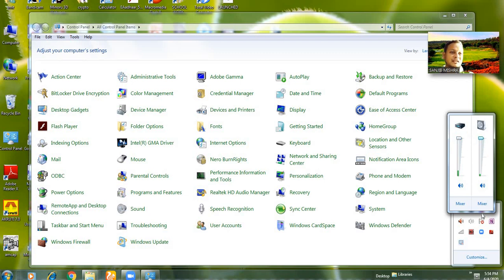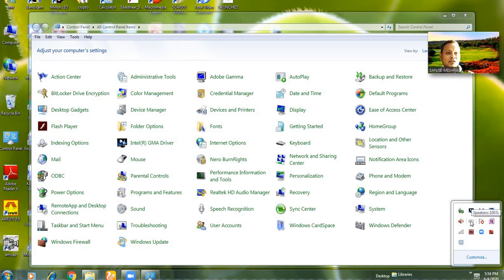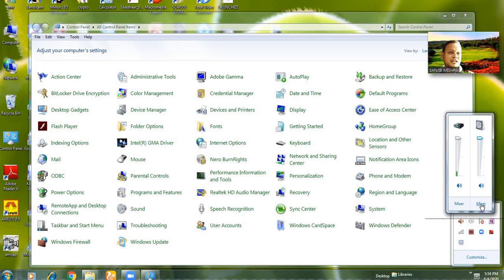You can increase and decrease the speaker sound. And remember one thing: sometimes on this speaker symbol, if you give a left click and click again, the speaker will be off. So carefully see whether your speaker is on or off, or the microphone is on or off. Clicking once turns it off, clicking again turns it on.